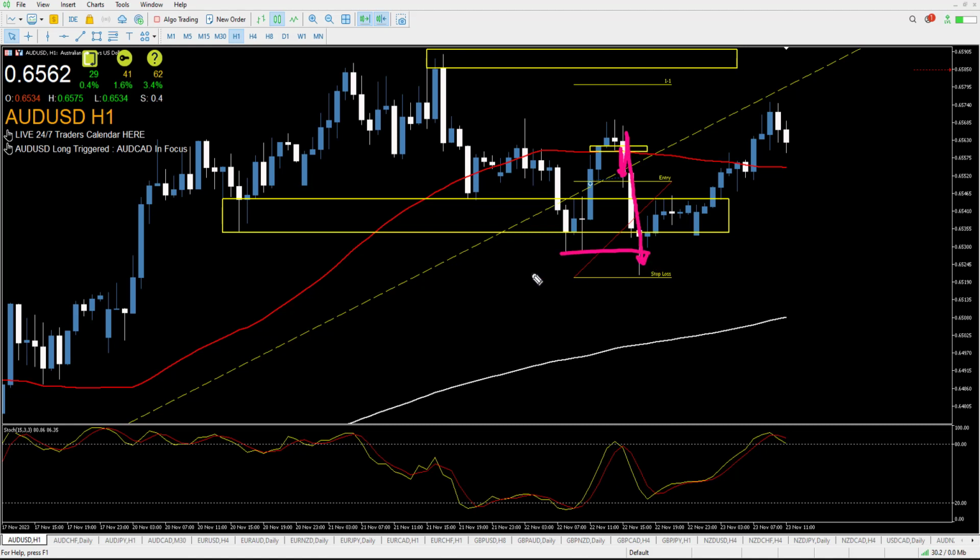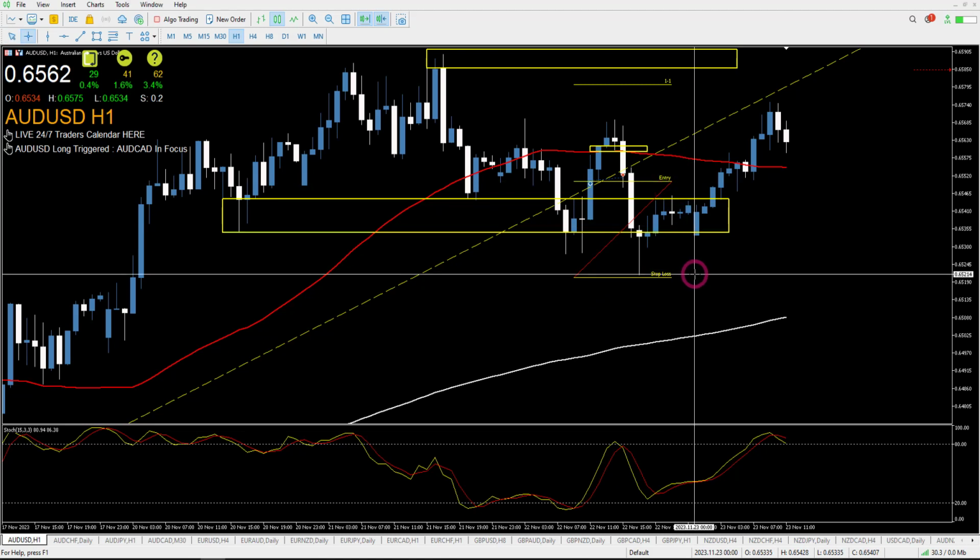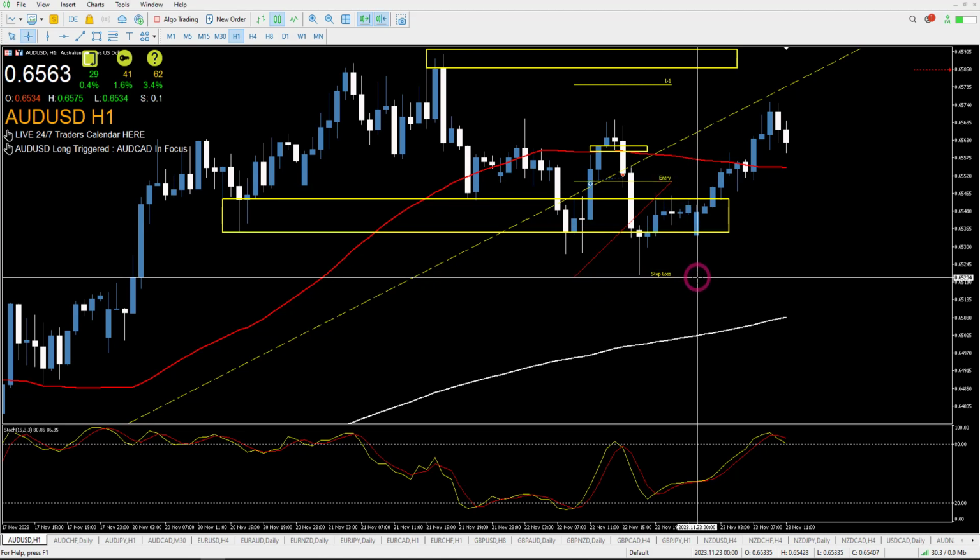Now what happened, obviously, price came into these lows here where buyers had been active in the past, and we had a rebound. We had a nice strong bullish rejection there, and price rallied to the upside. Now this was the original order. I've left the entry criteria on here, and the stop loss was